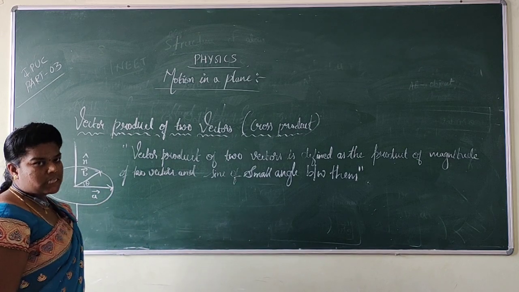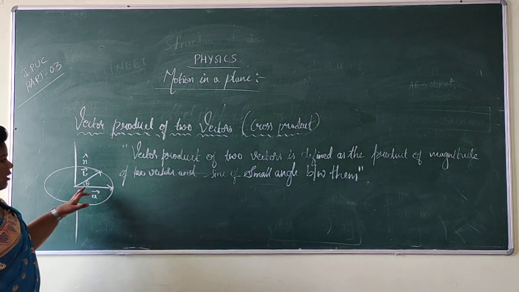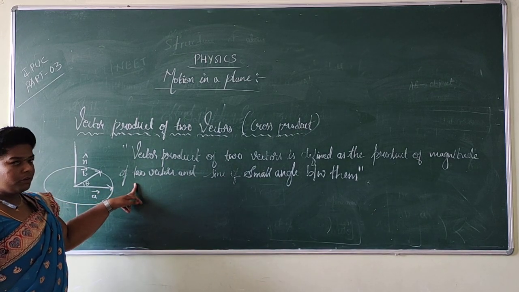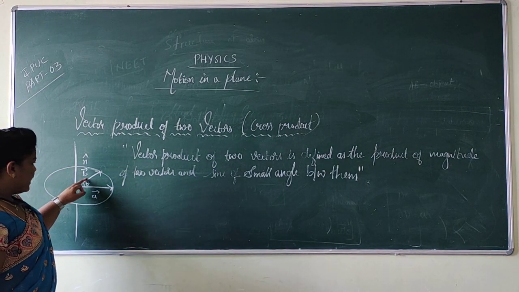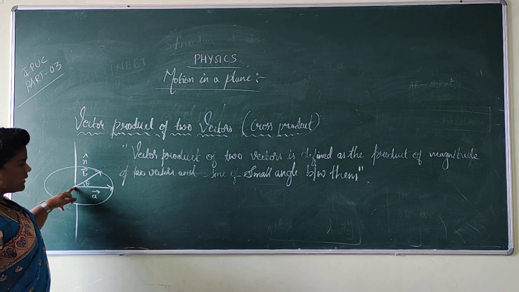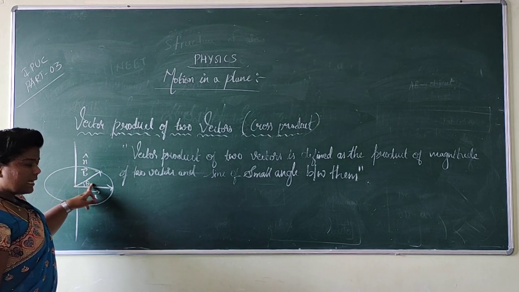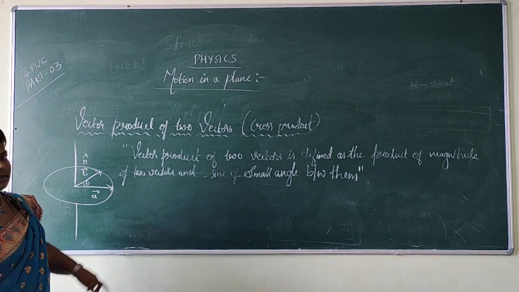Then how to write this? See here, after this line in your notebook, take down the line: if the two vectors A and B are acting at the same point with an angle theta, then